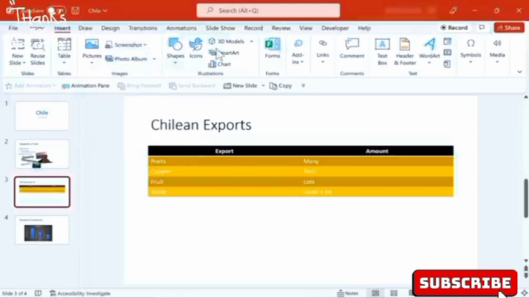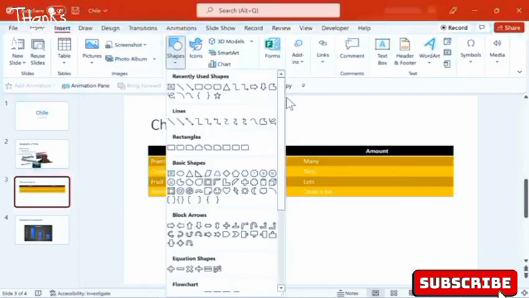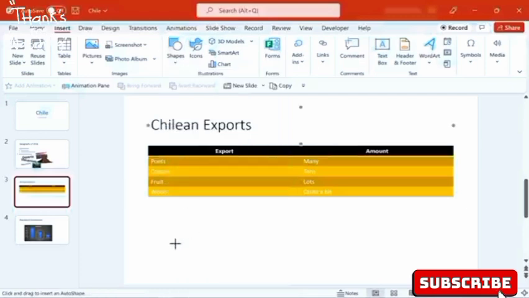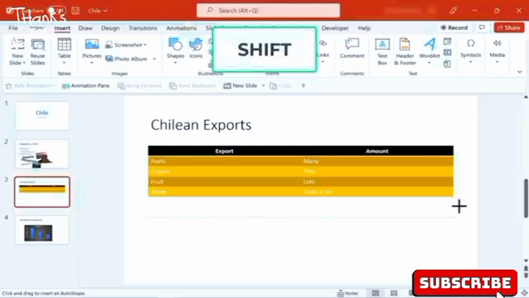For example, here in the Illustrations group, I can select shapes, and I can choose from a huge selection of different kinds of shapes. Some of the most commonly used shapes in PowerPoint are arrows and lines. So I'll click here on line, and I could click and drag across my slide to insert a line to separate content that's above from the content that's below. Now, if you're struggling, like I am, to insert the line completely horizontally across this slide, there is a trick that you can use. If you hold the Shift key, notice that the line snaps into place